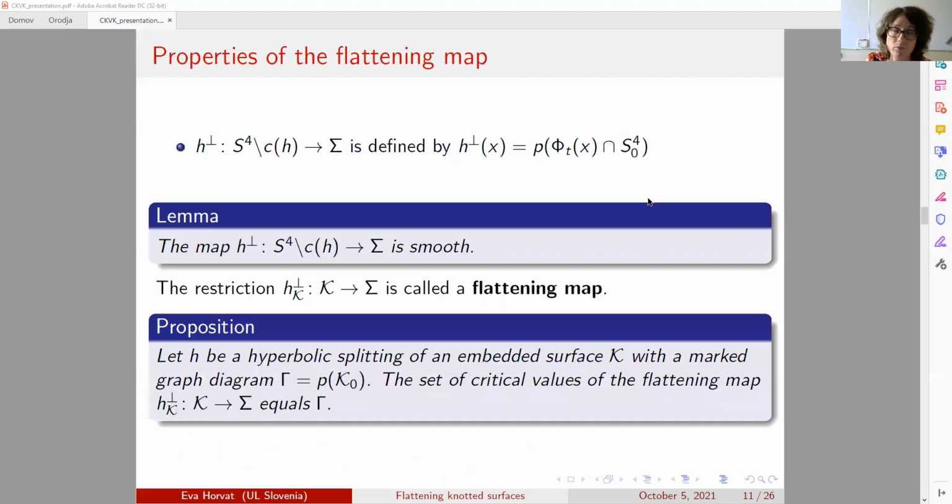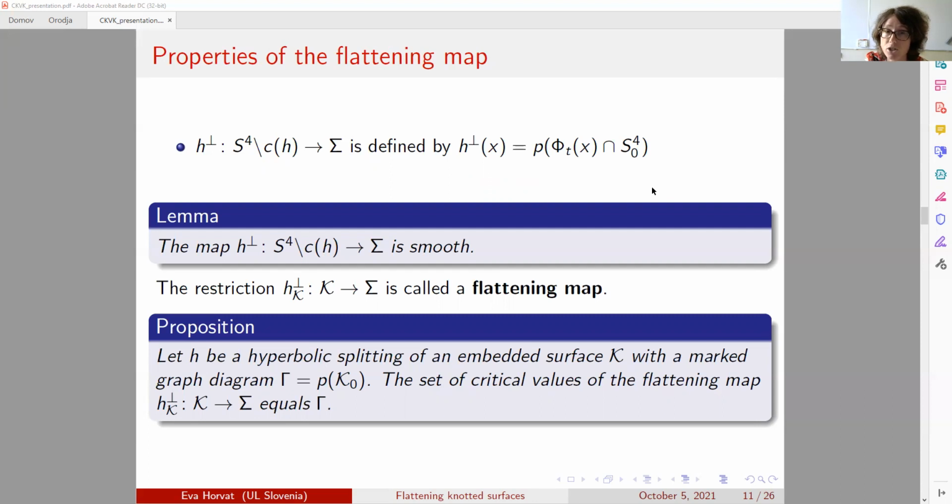So we obtain this map from the four-sphere to sigma that is not defined at the two critical points. And it turns out that this map is smooth and its restriction to the embedded surface K will be called a flattening map. If we think of the hyperbolic splitting as a height function on our embedded surface, then this flattening map can be thought of as a map that flattens our surface against this two-sphere sigma. And when we flatten an embedded surface, we should obtain creases